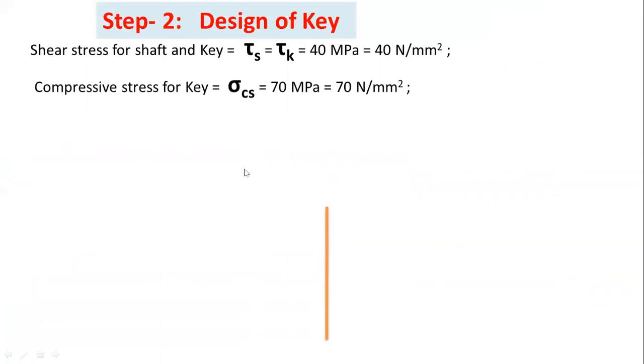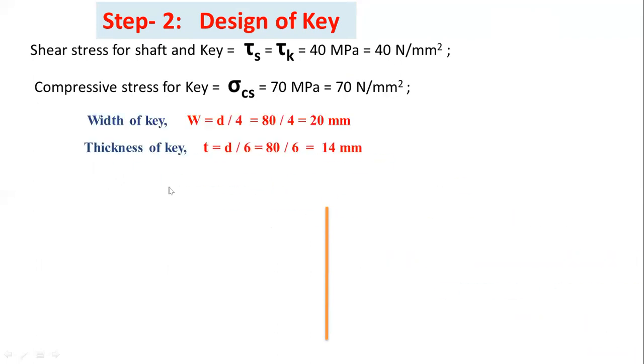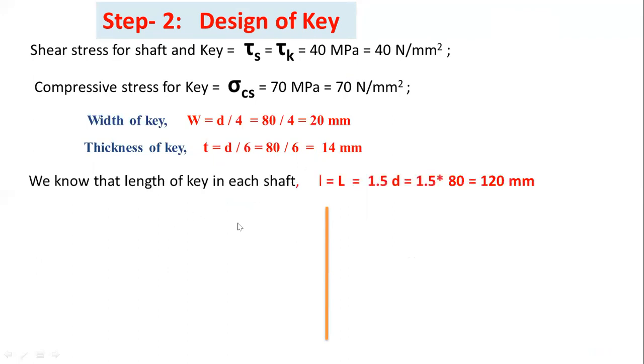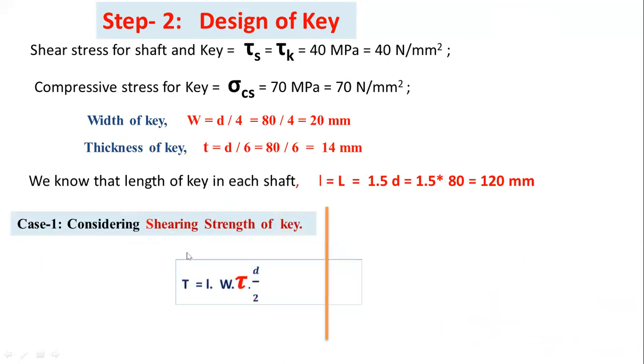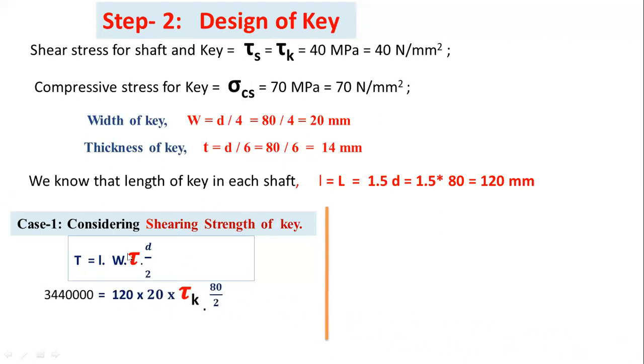Here, the crushing stress for the key material is 70 and the shear stress is 40. So here, this crushing stress is not equal to 2 times the shear stress. So you have to consider a rectangular key. Width of the key equal to 20 mm, thickness of the key equal to 14 mm, and the length of the key equal to the length of the hub. Now substitute the values in this equation. You can get the value of shear stress induced in the key material. Okay, shear stress induced in the key material equal to